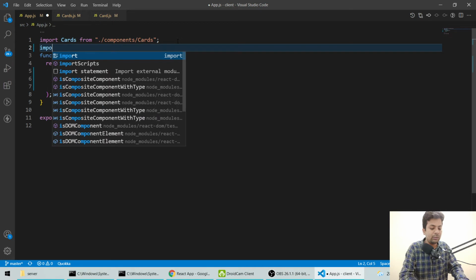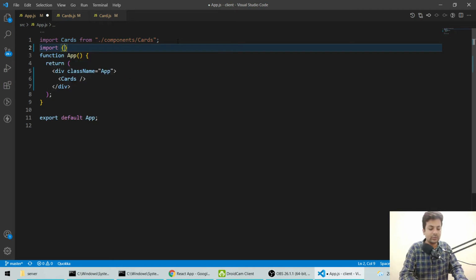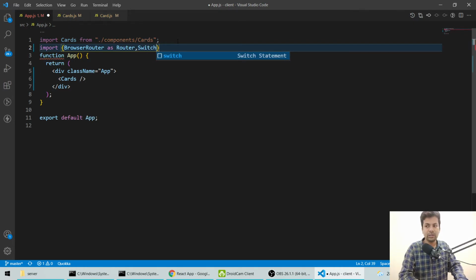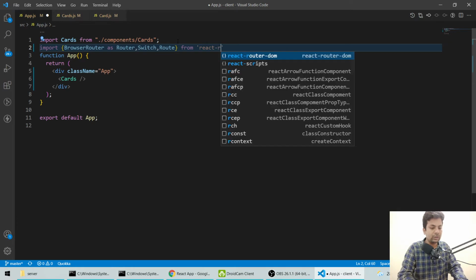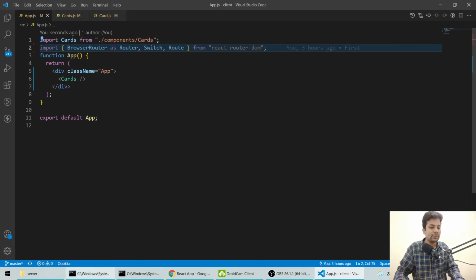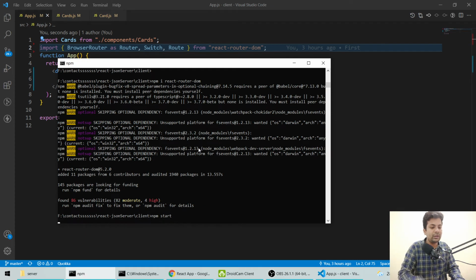Now we'll say import BrowserRouter as Router, import Switch, then we'll import Route from react router dom. Save it, and if I run it again, it installed.